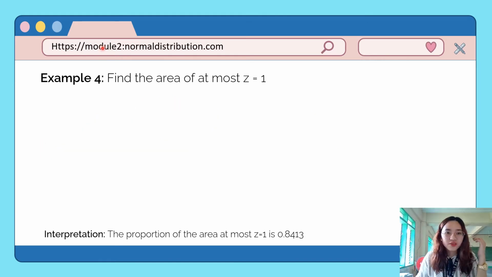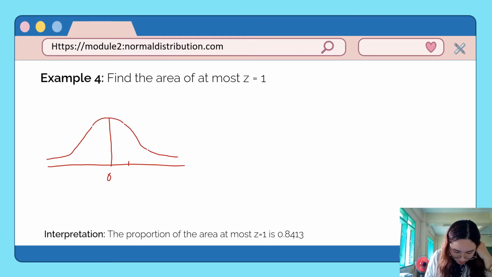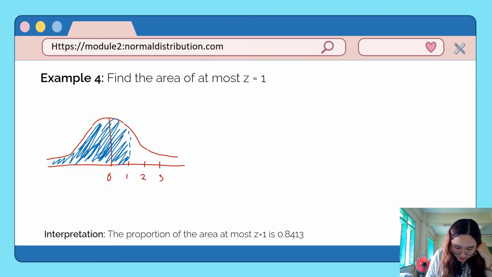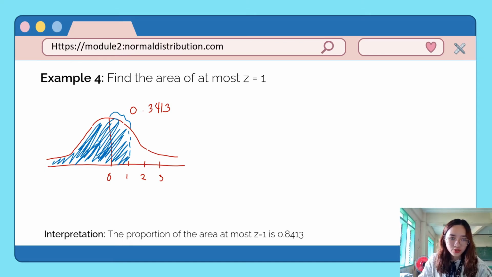Okay? Next. So, next naman nating example ay yung to the left or yung less than ng positive z. So, find the area of at most 1. Illustrate lang natin. 1, 2, 3. Okay. So, hinahanap ay yung less than. Ito po yun. Ayan yung part na yan. So, using the z-table, kaya natin hanapin tong area na to, na between 0 at 1, which is 0.3413. Ayan. So, kung i-analyze po natin, i-add lang natin itong remaining region, which is yung kalahati ng normal curve,